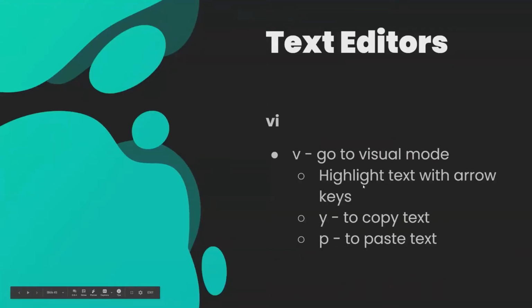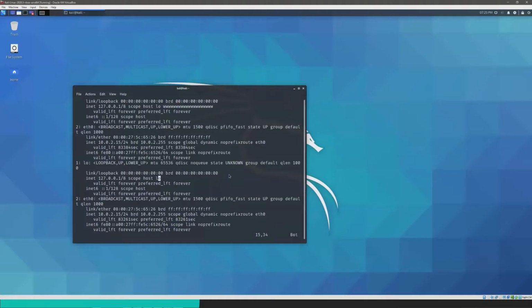Okay, so there's another mode aside from insert mode. There's a mode called visual mode, and that lets you highlight text and copy and paste text as well. So I will show that real quick. Make sure you have nothing on the bottom left here, because that tells you that you're not in any particular mode. And if you press V, you can go highlight some text.